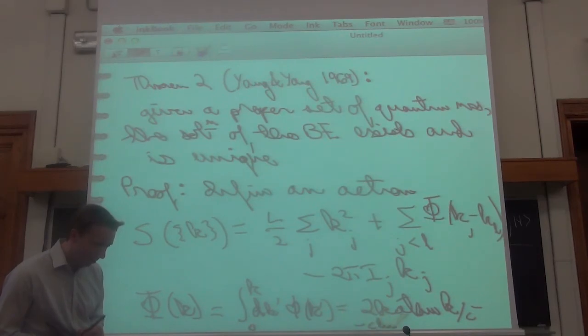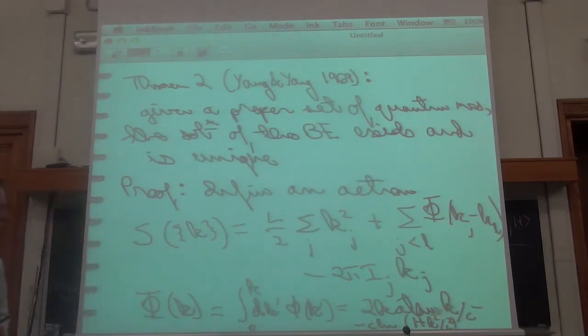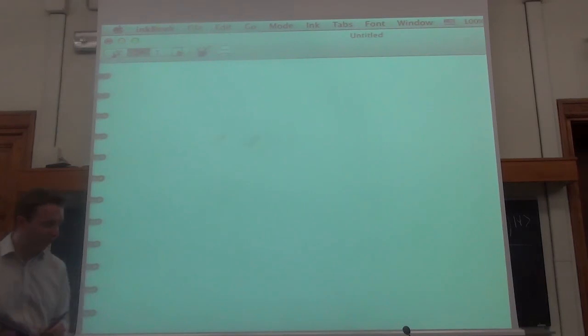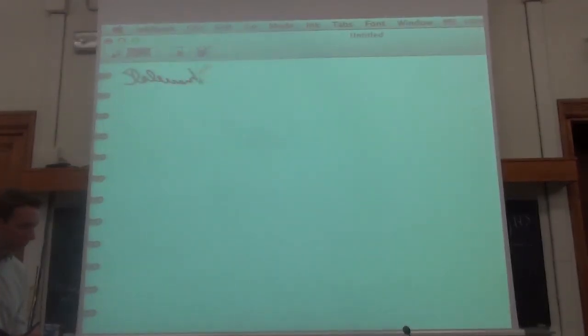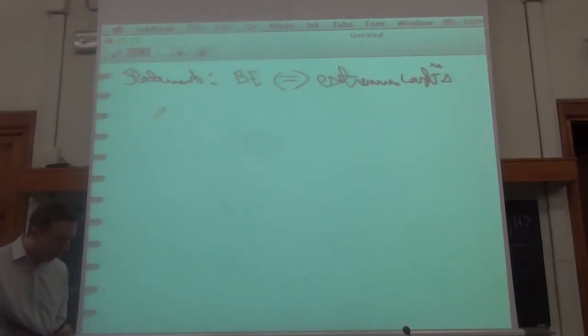Minus c log of 1 plus k squared over c squared. Okay, don't worry too much. So the statement is that the Bethe equations are equivalent to the extremum conditions that the derivative with respect to k_j of S Yang-Yang is equal to 0. Because if you calculate this derivative explicitly, you just get k_j L plus